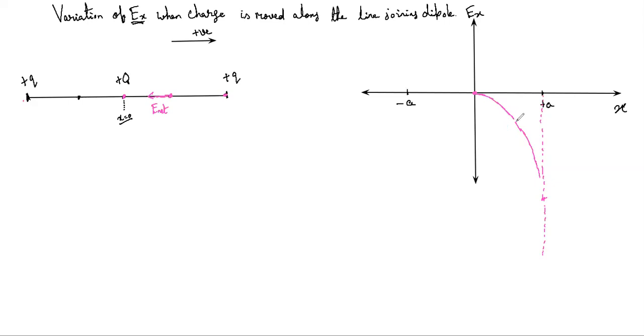Sir, can you repeat this part again? See, basically I'm plotting electric field. So first of all, I consider the midpoint. At the midpoint, electric field is 0. Then I'm considering another point here. So because this point is closer to plus Q, this second charge, and it is far away from this charge, that is why the electric field's net value will be towards the left, because इसका electric field थोड़ा ज़्यादा है। ये समझ में आया?